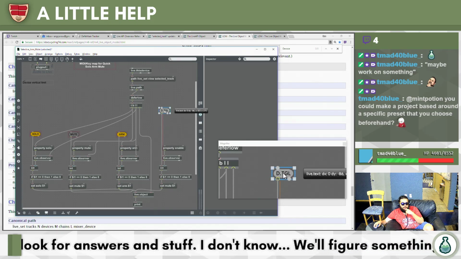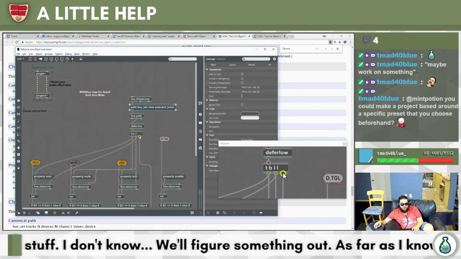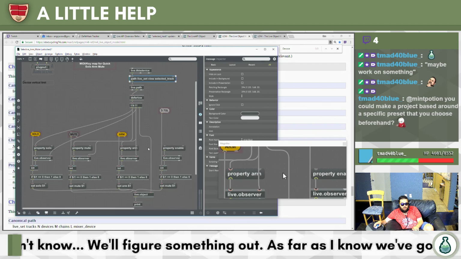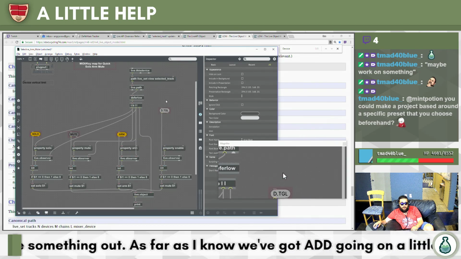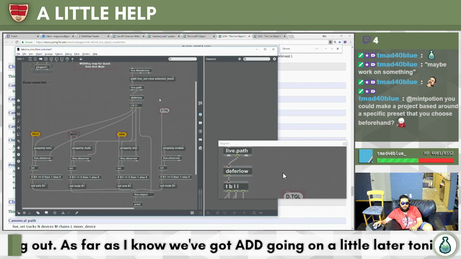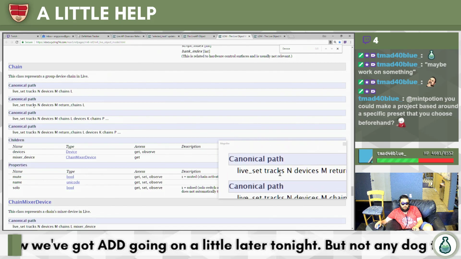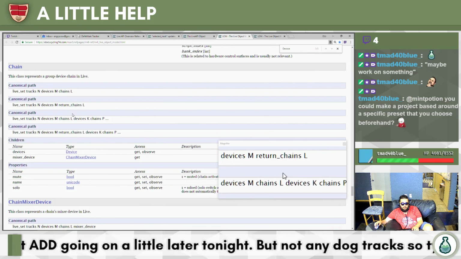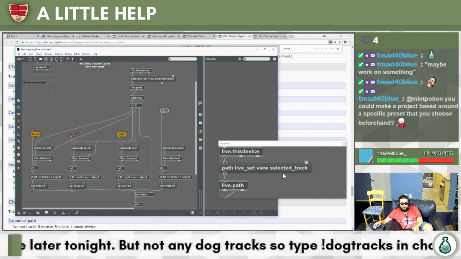So maybe I have to defer this a little bit, because I don't want this object actually. I'm not feeding it a proper object. I actually want something like path live set tracks, and then whatever. So selected track.